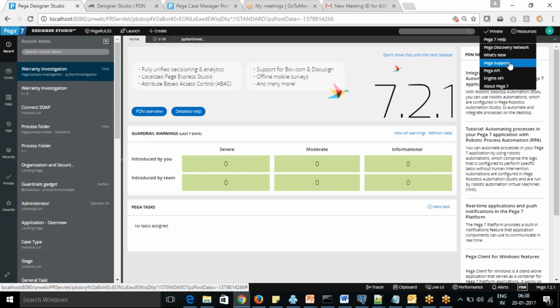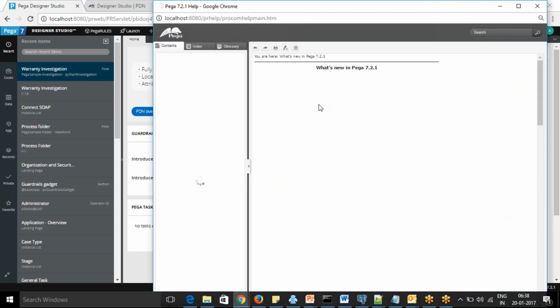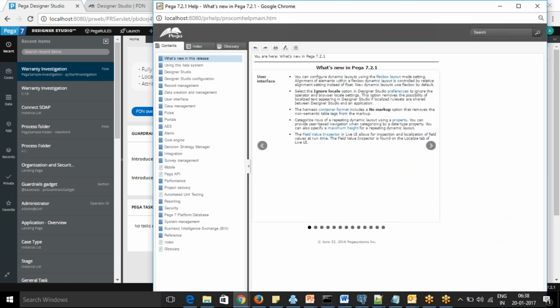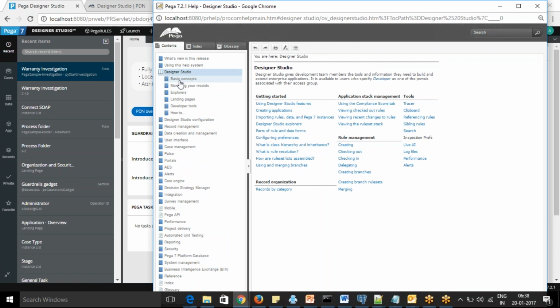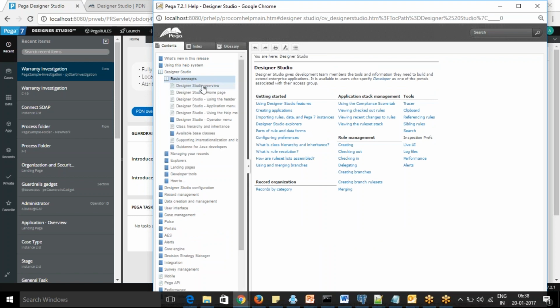Then we have help. Help is also very extensive. Anytime you are getting any issue, you should take the help. If you look up the Designer Studio, the complete version-specific details will be there.